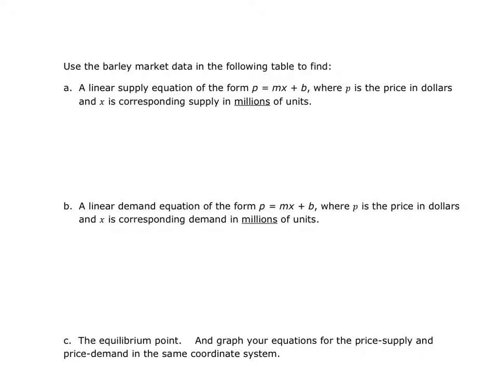So our first set of points, if you go look in the previous slide, is we're going to use the 2002, and so we have our supply is 340, and this is in millions, but I'm not going to put millions, I'm just going to use 340, and the price at that point was $2.2 per bushel, and our other point that we're going to use is the 2003, which was 370 millions of bushels, and our price was $2.72. So we have our Y1 and our Y2 and our X1 and our X2, and we're going to find our